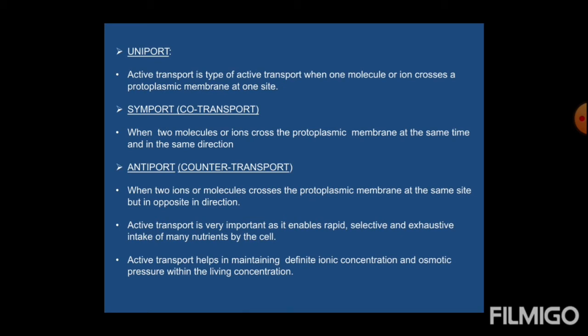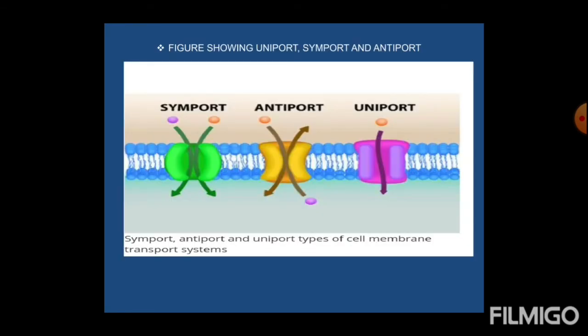Now this energy-related transport is seen in the intestinal cells or in the kidney tubules, where the sodium ion is pumped out of the cell and the potassium ion is pumped into the cell. I will show you this with the help of a diagram. First, before I proceed to the primary active transport diagram, you can see the first diagram is the symport diagram, showing that two molecules are coming out of the cell.